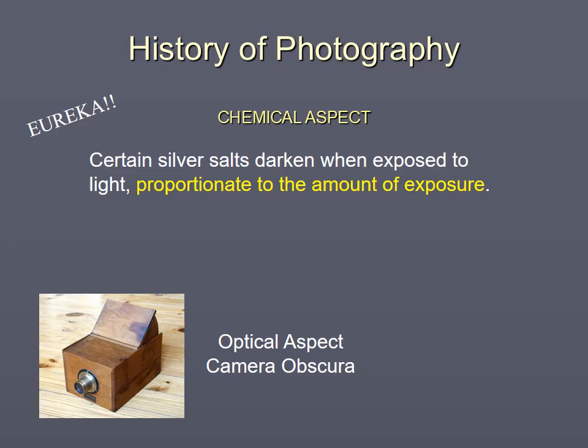There's a story, an illuminative story, that says here was this apothecary owner, and he had all his chemistry up on the shelf, and each thing was in a jar, and it was labeled. And one of them said silver salts, this jar. It said silver salts on a label, and one day he noticed that his silver salts had turned black. And when he pulled away the label, beneath that label it was still white. And he made the connection that these silver salts were reacting to light. Whether the story's true or not, it still illustrates the idea that silver salts will darken when exposed to light.